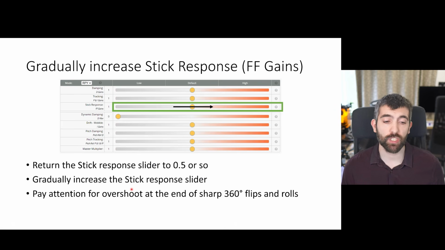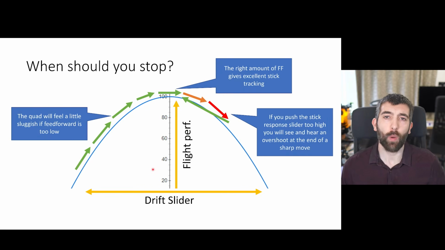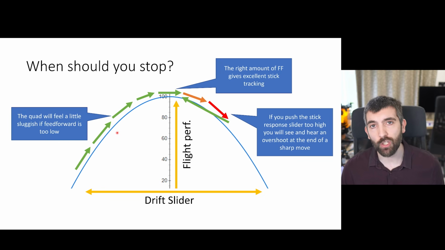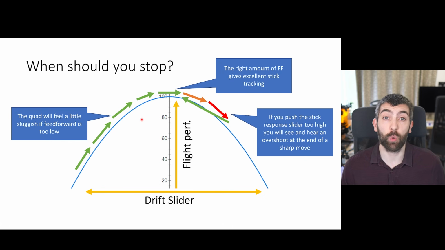And to do that, just return the stick response slider to about 0.5 or so, and then gradually increase it. And you're wanting to pay attention to a couple of things. When your stick response slider or feedforward gains are far too low, the quad is going to feel a little sluggish. It's not going to feel like it responds to your sticks as quickly as you'd like it to. As you increase that feedforward slider, the quad is going to feel more and more responsive and more locked to